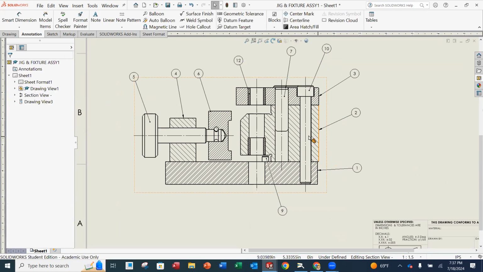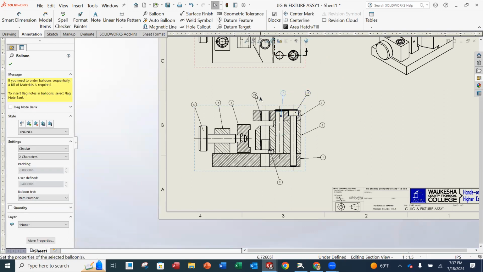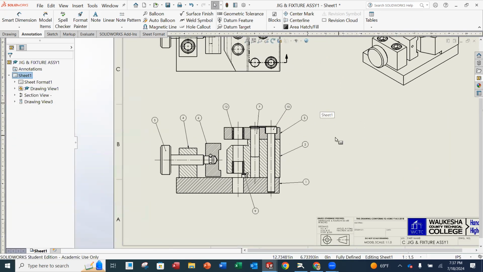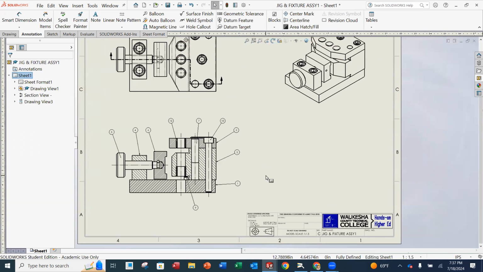So again, if your numbers are different than mine, that's okay. And sometimes you can align these to be nice and in line with one another. Again, that doesn't have to be either. Just depends on how you feel it looks the best. So I think I have all of my balloons in place, and now I'm ready to put my bill of